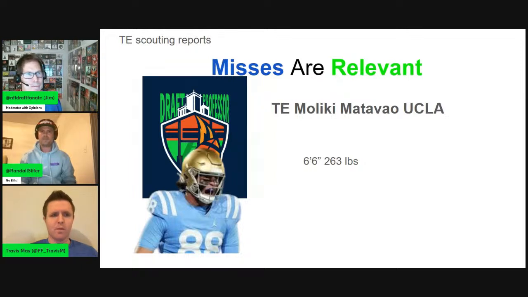So Travis, how about you? Yeah, he's kind of like that fringe player for me. He's around a 6.7 grade in terms of a class-agnostic look at what he brings. What he does bring is a versatile skill set as a receiver in terms of where he can line up pre-snap, and he's a mismatch problem. UCLA figured that out, so they were able to line him up even wide sometimes, which is not super normal for a guy who's 260 pounds.